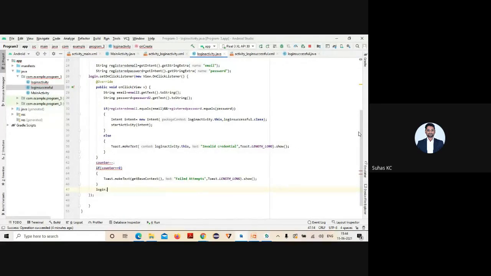Okay, dot, set... one second. Photo has to be generated.